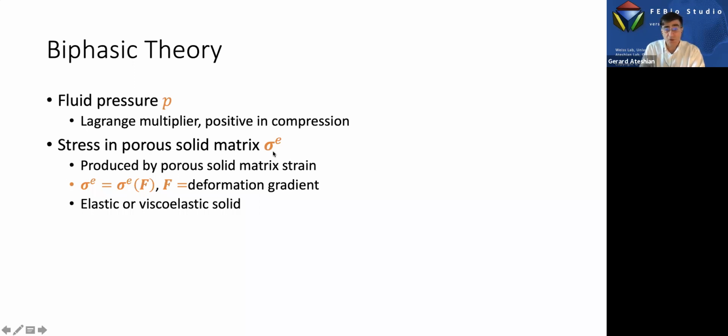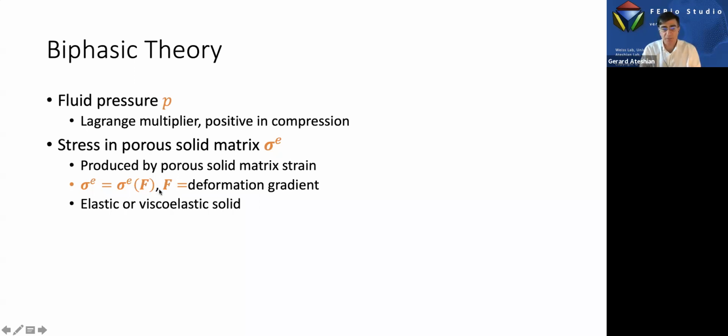So this stress is the stress response of the whole porous matrix. It's not the stress-strain response of the skeleton material. So if, let's say, I had a porous aluminum, this would not be the constitutive relation for aluminum. It would be the constitutive relation for that specific porous aluminum. Whatever that pore structure is, that will be the stress-strain response. That's important to understand. So we relate the stress to the deformation gradient F, and from the deformation gradient, we